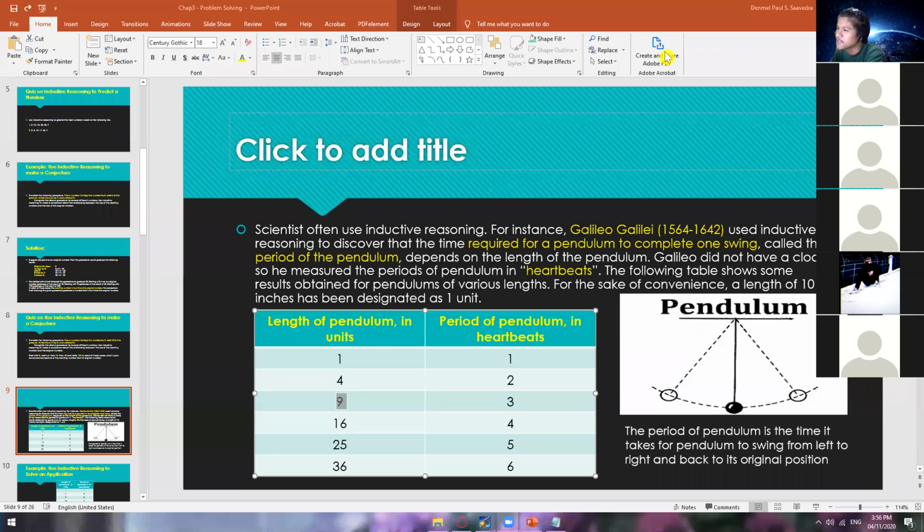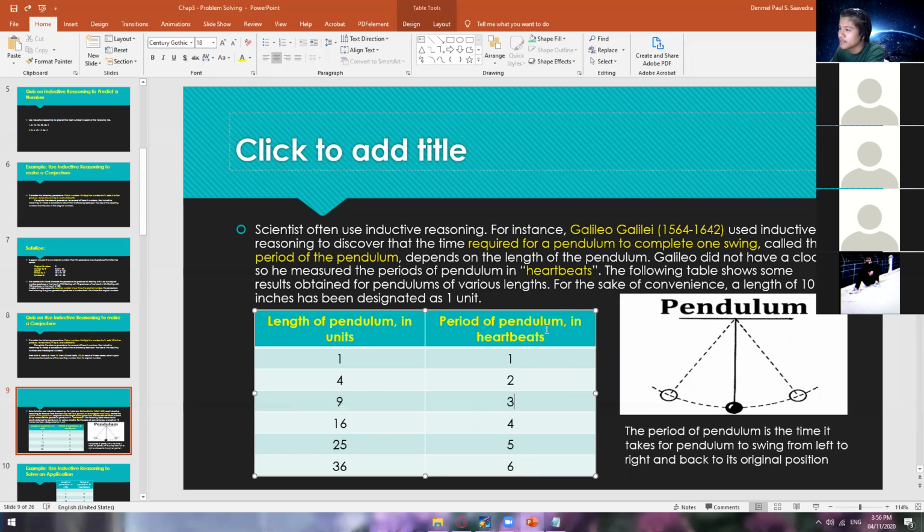It does not depend only on length, okay? It depends on the other factors too. But mostly on length, because that dictates how many periods of the pendulum it can make. So let's say we have 49 inches, 49 units of length. Then we will have a period of 7. That is the pattern we saw, or our conjecture from this example.